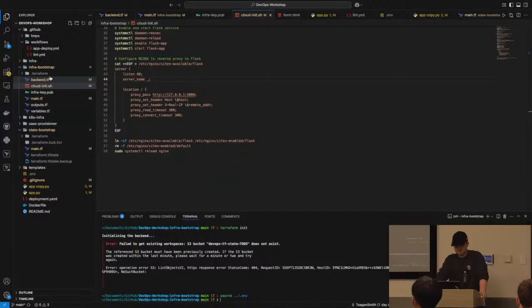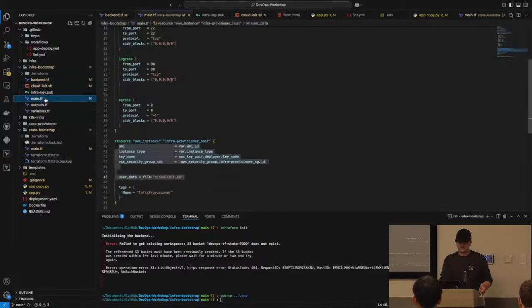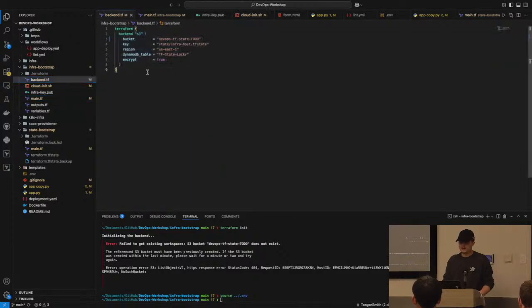Okay, so I guess the big question is, why have we spent 30 minutes on Terraform in a DevOps workshop? Well, the reason this is super important is that in DevOps, infrastructure provisioning is a core component of what you're going to be doing. And so knowing how to properly provision infrastructure and how this works in corporate environments is very important. Any infrastructure that you're going to work with in your entire career is normally referenced just like this. This is how it's been created, this is how it's going to be destroyed, unless you work at a company that doesn't know what they're doing.